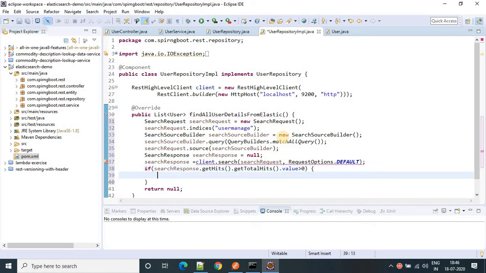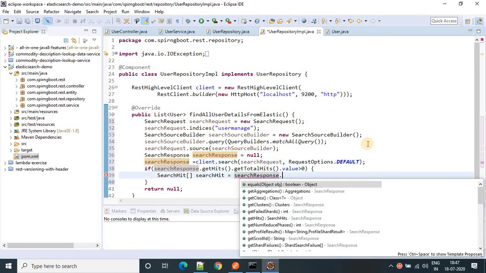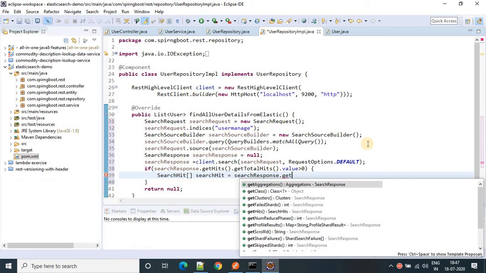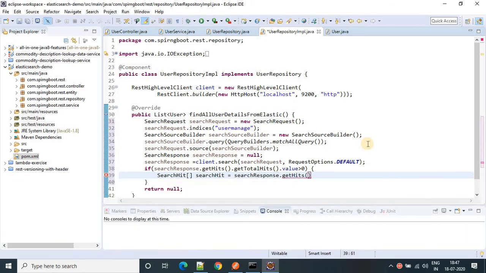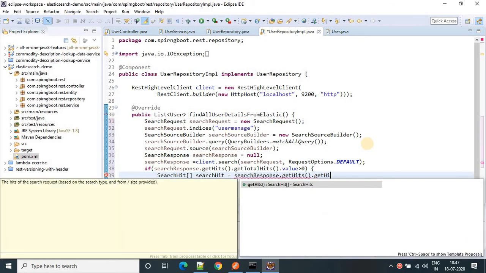Then what we have to do: we need an array of search hit equals to, from this response, dot get hits dot get hits.